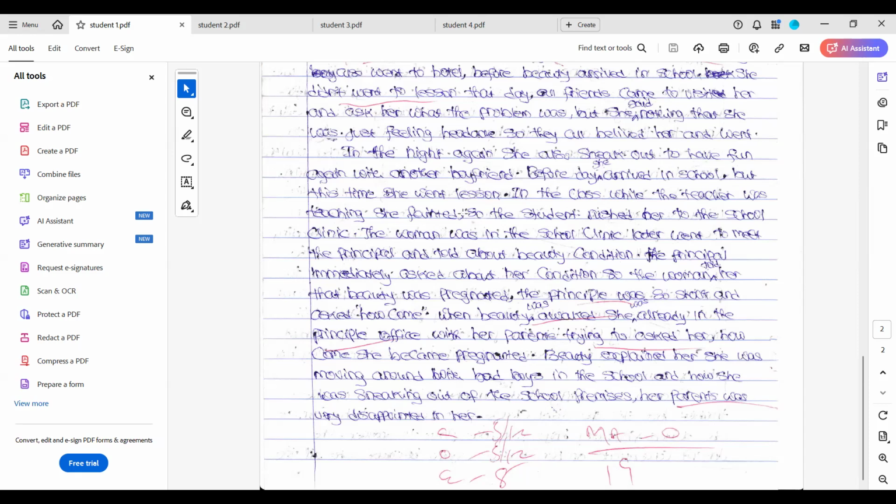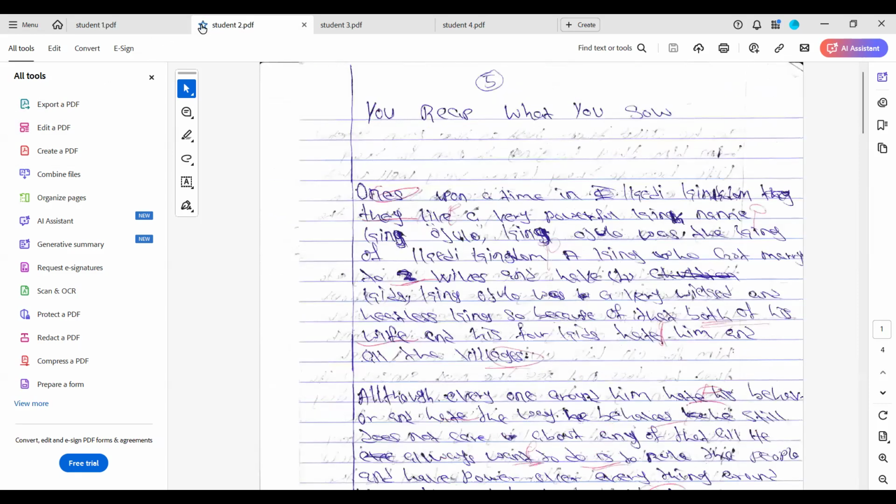So this is another thing. Let me go to the next one. I will take the next essay so that we look at it. I hope you can see the next essay. So the next essay says, now we have the title, You Reap What You Sow. So there's a narration here. So we have the title, though I don't know why this person is giving three spaces online, but you can see